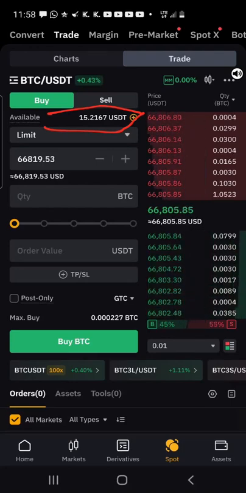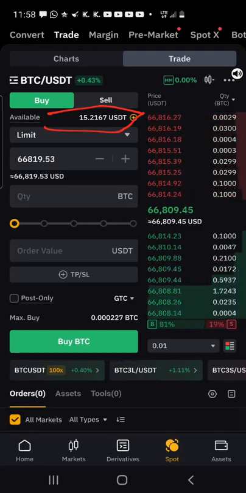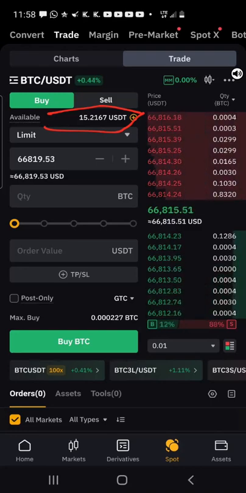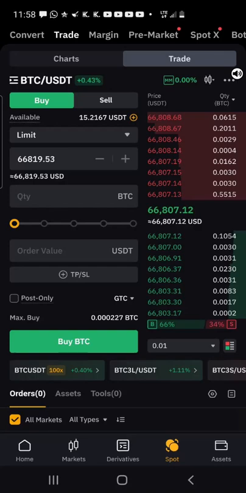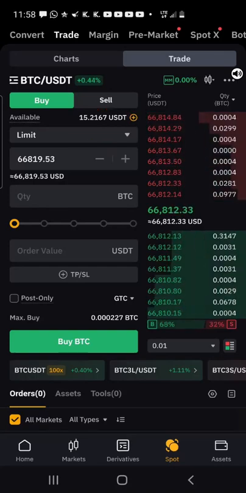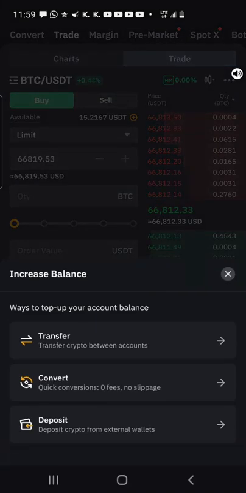It's just like Kucoin actually. If I want to buy cryptocurrency, if I want to invest in cryptocurrency in Kucoin, you have to move your money from Funding to the trading account. All right, so if I move the money now back to the Funding account, I'll click on the plus symbol to do that. You can also do that. I click on the plus, you click on transfer,